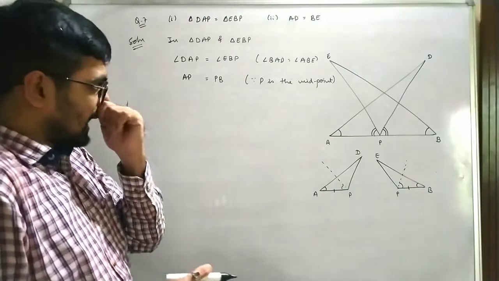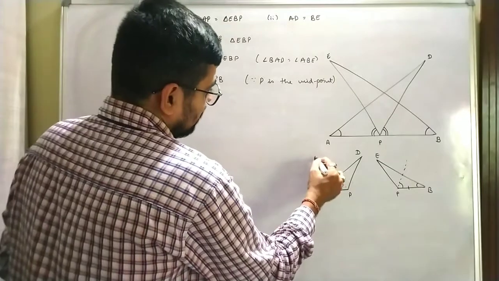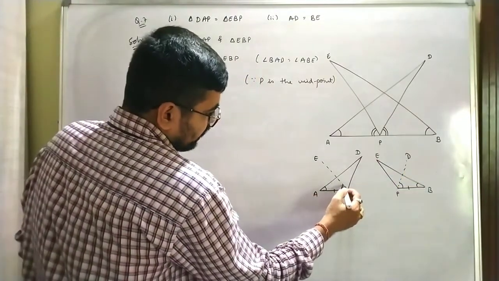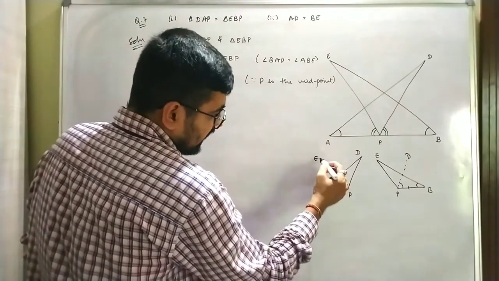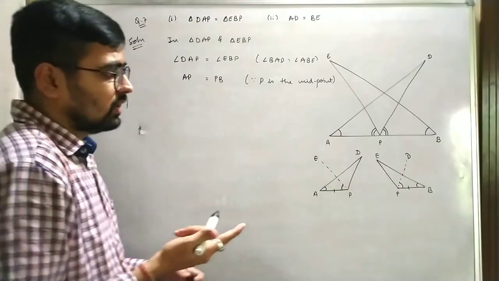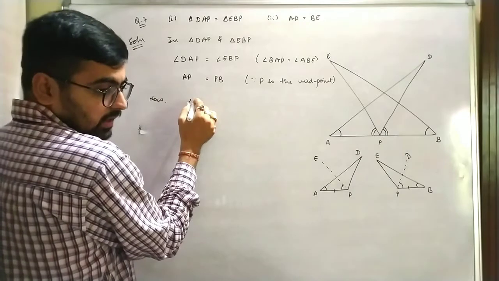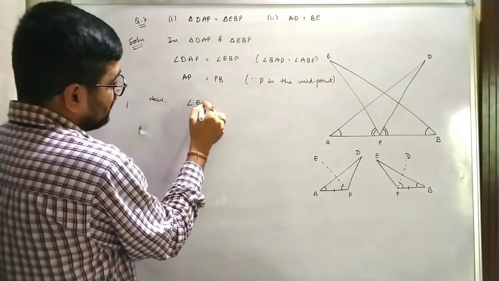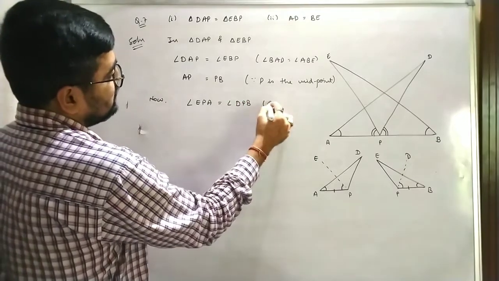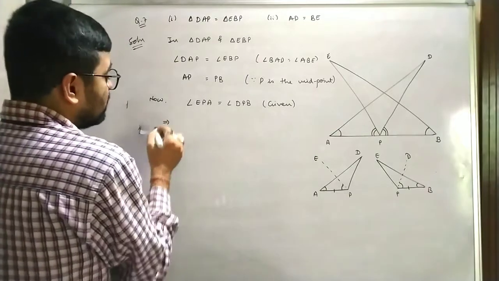अरे बाप रे, अब यहाँ पे ऐसा तो क्या करें that we can get something out of this. So I know that E is over here, I know that D is over here. So if I add in this particular angle, if I add EPD, here also EPD, my work is done. है ना? Just look. Now angle EPA is equal to angle DPB. This is given, but this is not the criterion which we need. Correct?